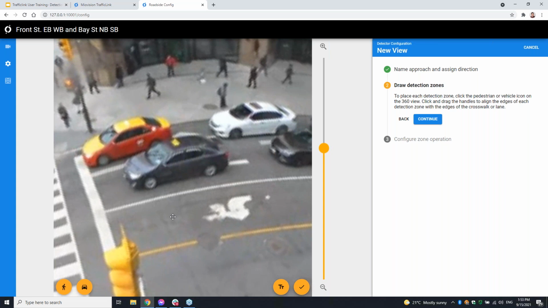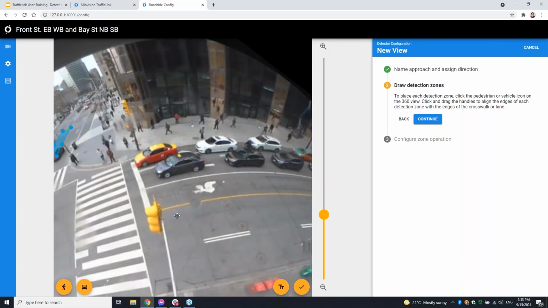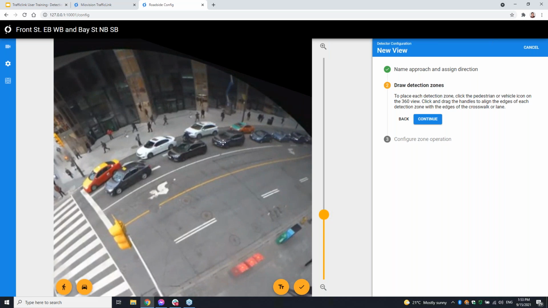You can get into some scenarios though where your angle is too steep or you're directly across from an approach. Think about, say, a large bus being in this zone. We only have a small zone to actually identify the vehicle on the one side of the bus and potentially only a small zone before the bus. So you want to make sure you have enough of the view of the approach that even when there's large obstructions, there's still enough visibility for the other lanes. If there's zero visibility to the other lanes, we'll start seeing detection performance issues. We can bridge it to some degree with the predictive analytics.